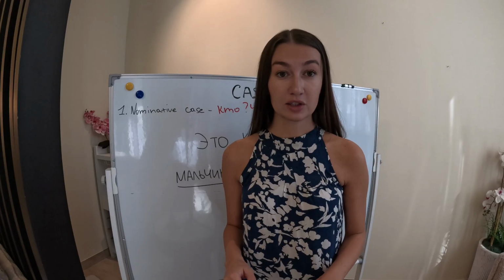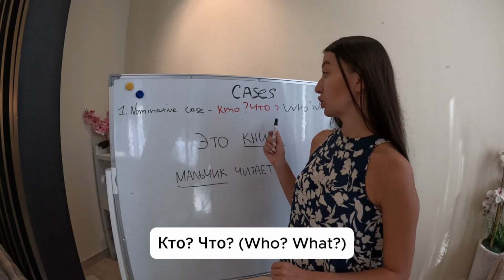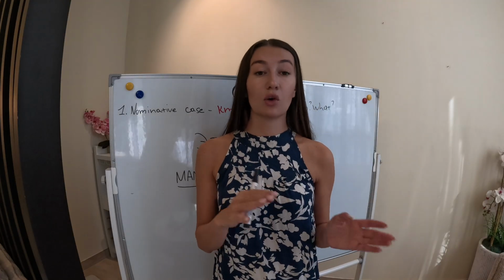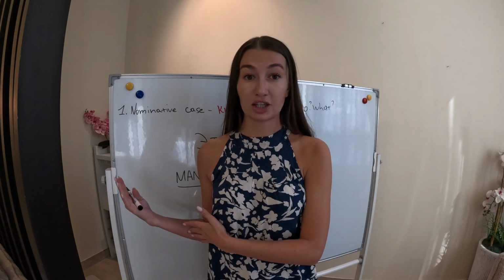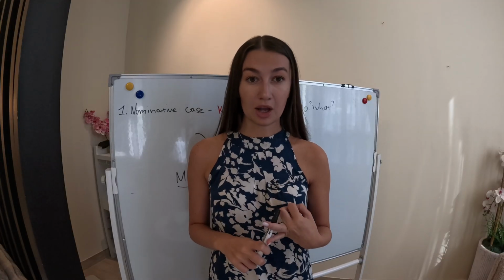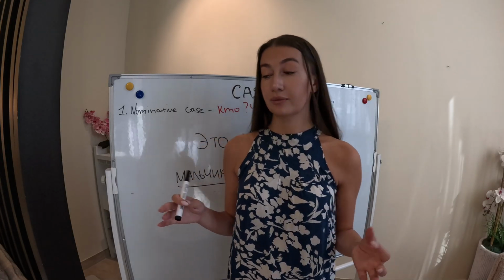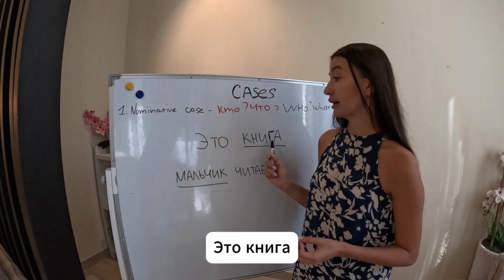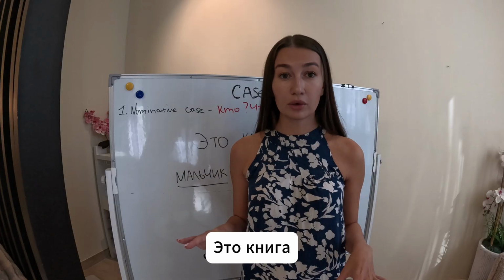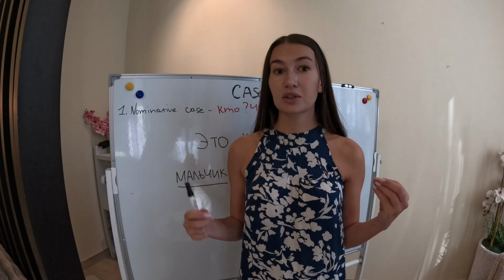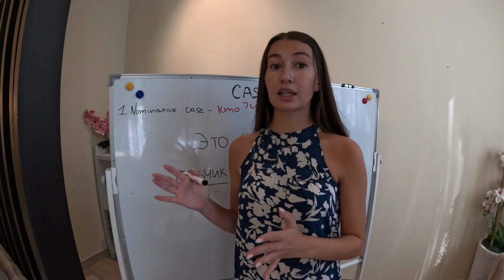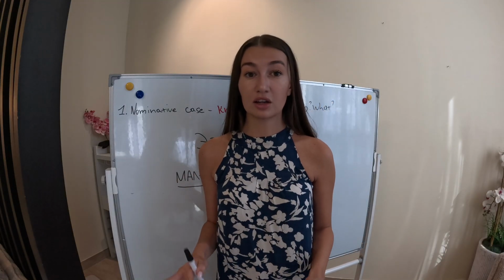Nominative case answers the questions кто, что, which is who or what. What is the function? The subject of the sentence performing the action, or also naming things, like the dictionary form of nouns. Let's talk about some examples here. Это книга. This is a book. That's it. There is no action going on here, no extra words around. It's just a simple sentence. This is a book. Книга is in the nominative case, we don't need to make any changes here, just naming